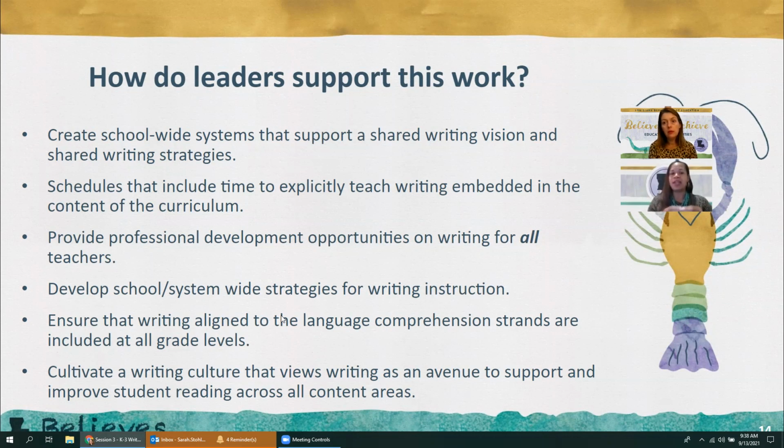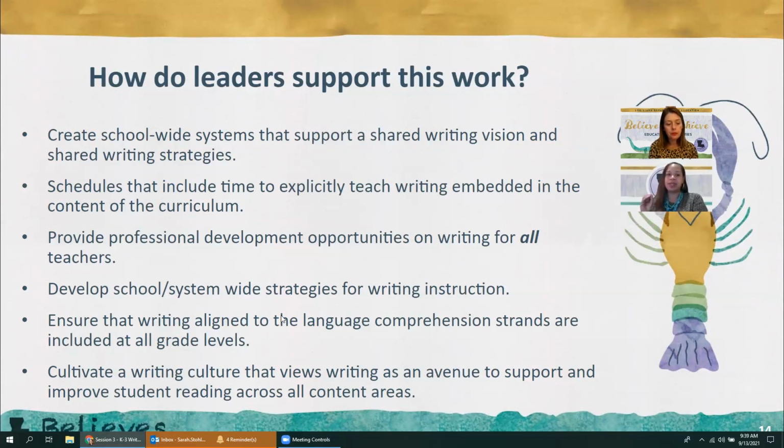The next one is professional development. There should be professional development on writing for all teachers. Sarah mentioned that there are many free resources on The Writing Revolution, but depending on the curriculum that you're using, you may want to do a cohort of teachers at your school on The Writing Revolution, so that you're building those common sentence-level strategies across your campus.